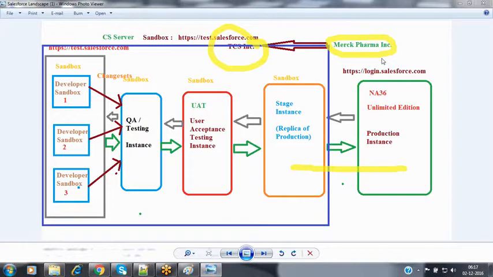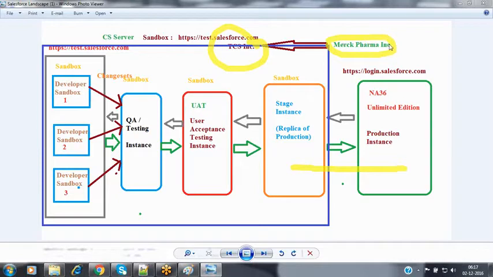In order to buy the license, there is no need to contact Salesforce directly. We can contact the Salesforce partners also. Now Merck Pharma people are from the US organization, from the US country, so here they are going to purchase the license of Salesforce. Whenever the client purchases the license of Salesforce, depending upon the country he is associated with, they are going to allocate some amount of space inside that associated region's available server.